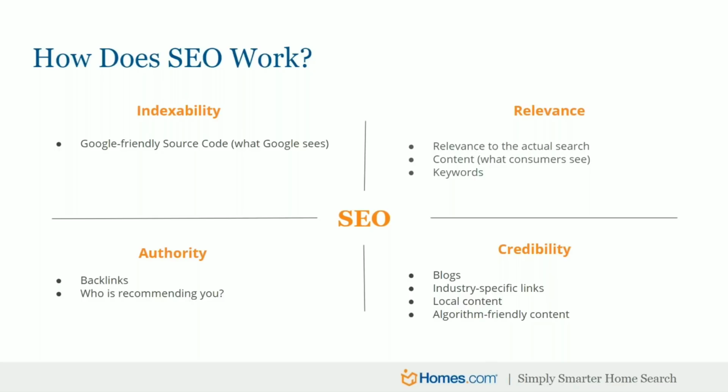Then of course, authority. So, backlinks. For example, if your mortgage broker says, hey, you want to look for properties? Click here to go to my agent's site. They click on that link and it takes them to your website. That's a backlink. It links back to your site. So that's an easy way to think about it. And so yes, you want to do that with your partners, with your mortgage brokers, with your home inspectors, title companies. That's a great thing to do.